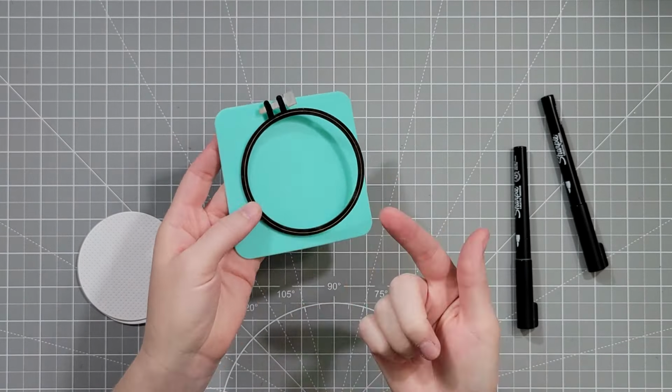This is the Bestie Heart Hands die set from Spellbinders. There are 2 different hands in that set, and it's very easy to clip just tiny little pieces to separate the fingers if you need to, but I didn't even need to. I'm gonna have my hand reaching in and holding this jersey, and of course, don't judge me. I am making some friendship bracelets, like Taylor Swift themed friendship bracelets to go on my hand, but you could skip this altogether, right? This does not need to be like a